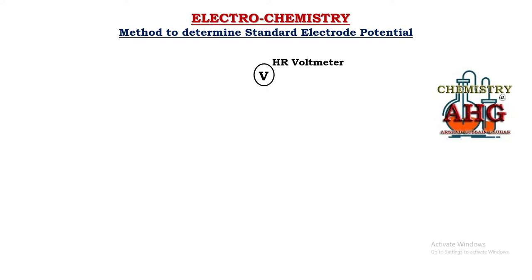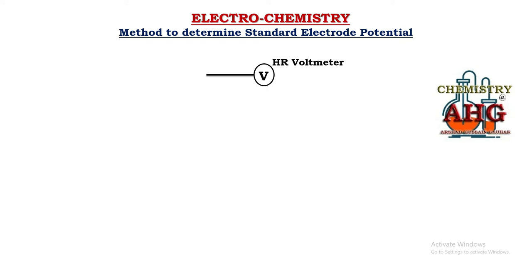What is the reference electrode that we commonly use in chemistry? The reference electrode is always the standard hydrogen half cell, the standard hydrogen electrode, because the electrode potential of the standard hydrogen half cell has been assumed to be zero volt. That is why a reference electrode is used to complete the external circuit, by connecting itself to one terminal of the voltmeter. So with this one terminal of the voltmeter, we will connect the standard hydrogen half cell.